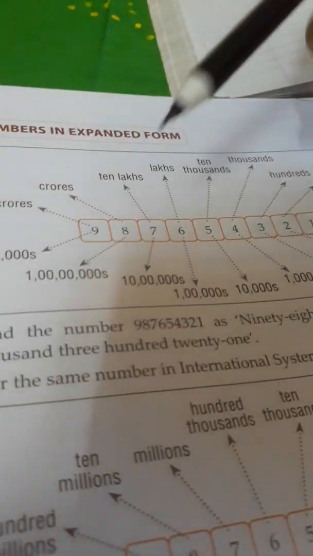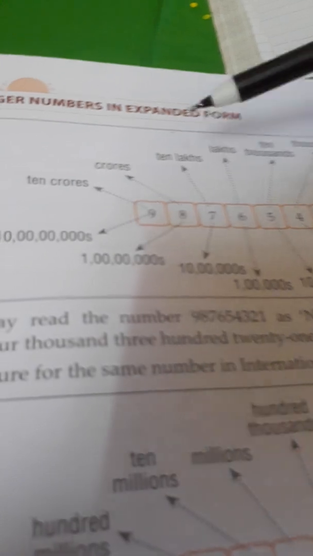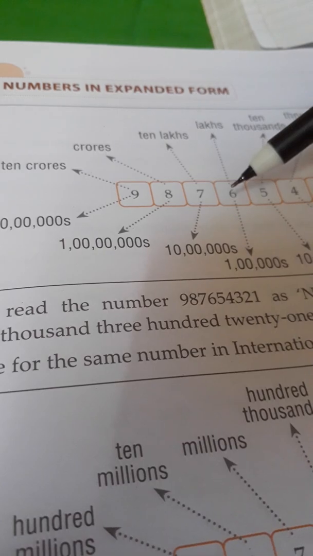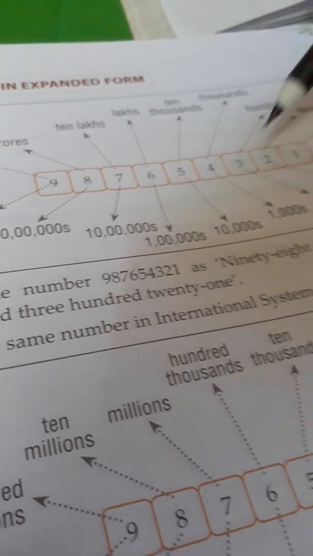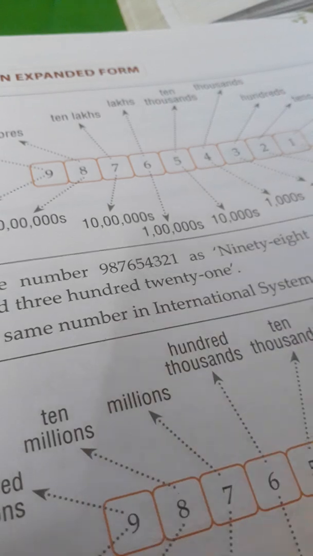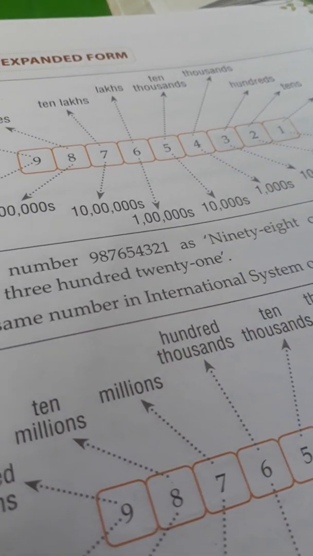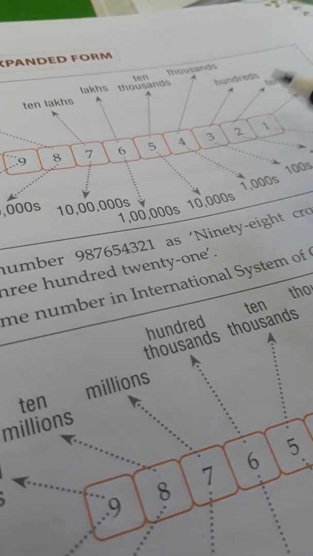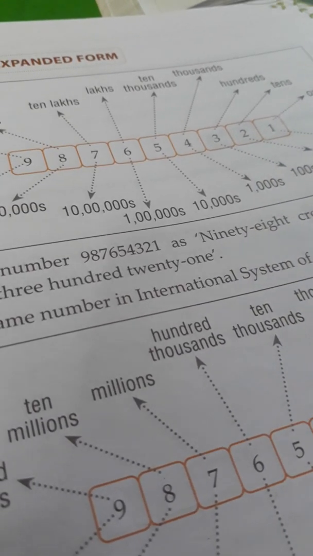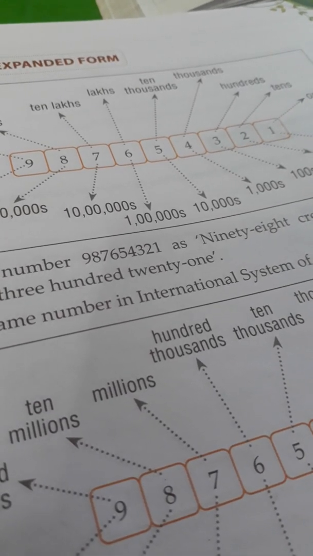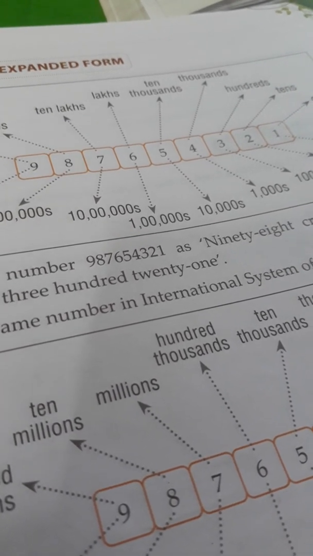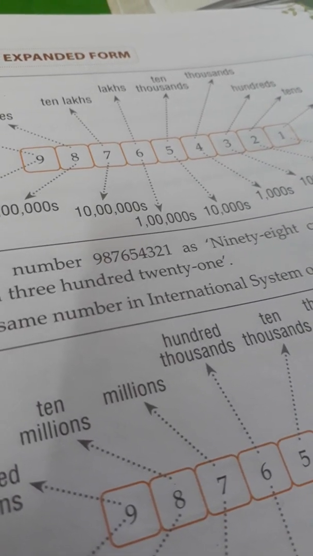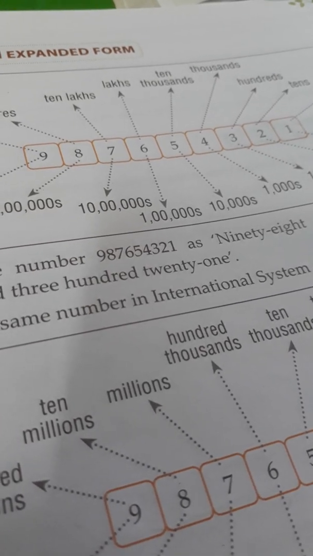So these numbers you see here. Okay, so 98 crores 76 lakh 54,321. So this number you see here, we all in the Indian system, or if you say it Hindu Arabic system, that time we use periods. So periods or commas we are using to break the number, because that helps us to say the number. When we use large numbers, if you break these numbers, then we can say them very easily.